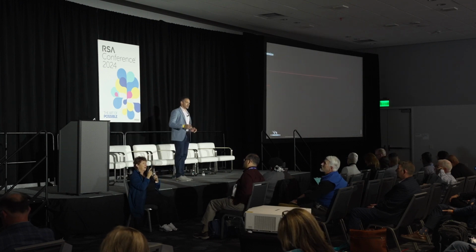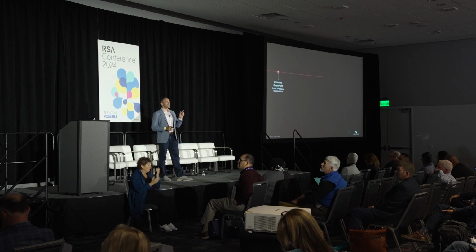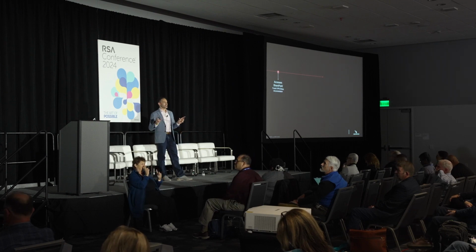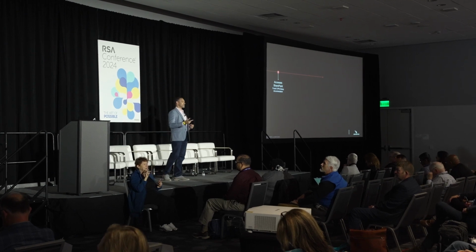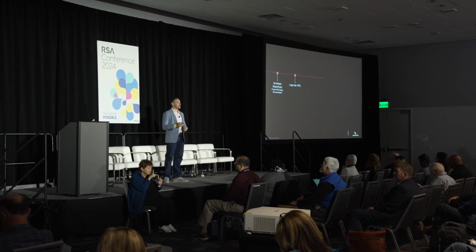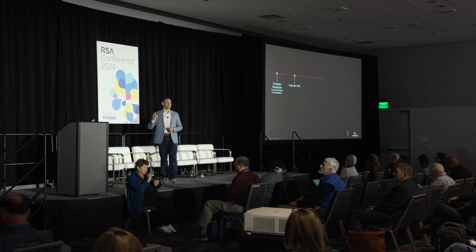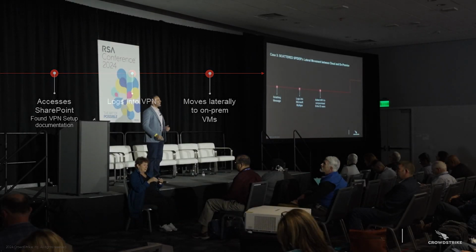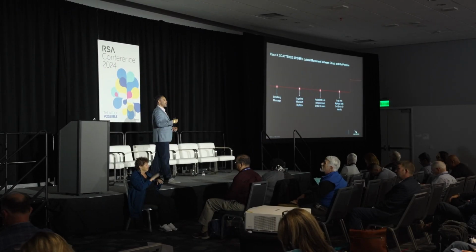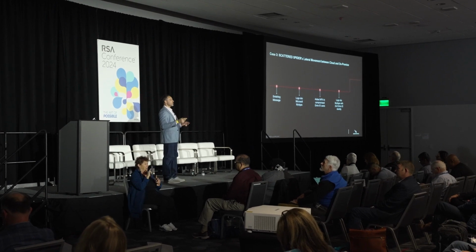And then here's what really happens. It's interesting. They find a SharePoint server within this cloud infrastructure, and they find VPN documentation. That VPN documentation helps them establish a VPN connection back to this victim's on-premise virtual infrastructure. So now think about the cloud as a pivot point for on-premise access. And once that on-premise access was established, they did something very interesting. They logged back into that MyApps environment with a second account.